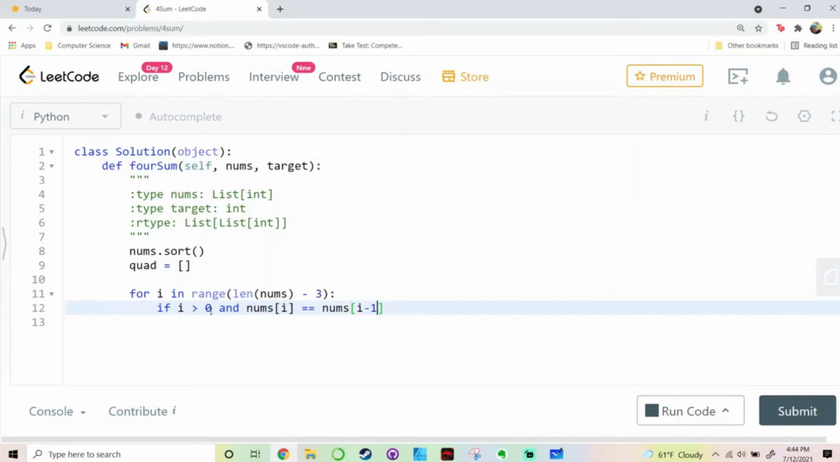The larger than 0 makes sense now, right? With this value, nums[i - 1], because you don't want to go out of bounds. Now continue, if that is the case, because you want to skip it completely. Okay, if we do find that it's not a duplicate, then what we can do here is for j in range(len